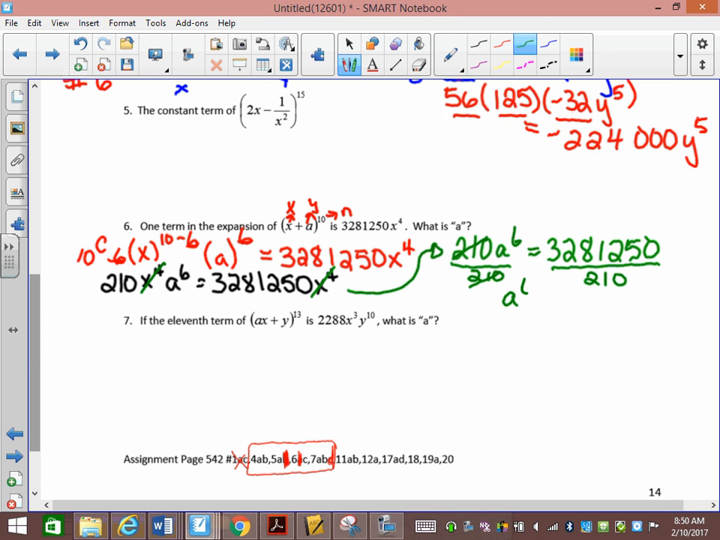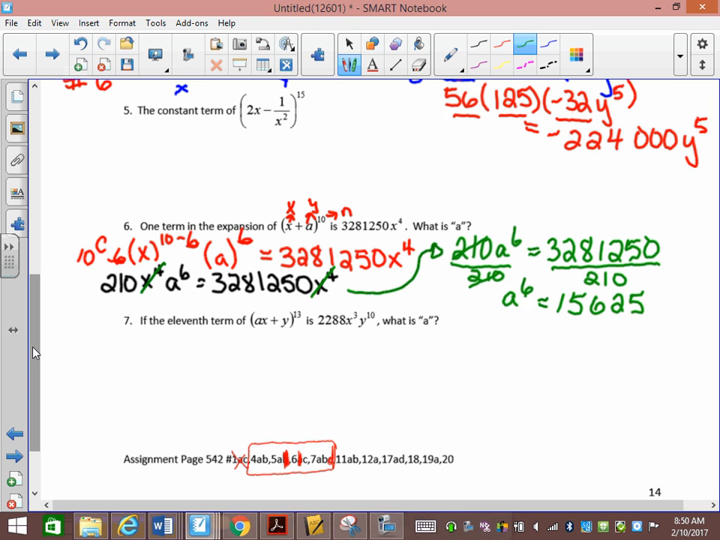So I get a to the 6 equals what? Now I need the 6th root. So everyone's following along to know how to do 6th root, you're going to press 6 in your calculator. You're going to go math. You're going to arrow down to the root button that has an x in the index. So 6, math,